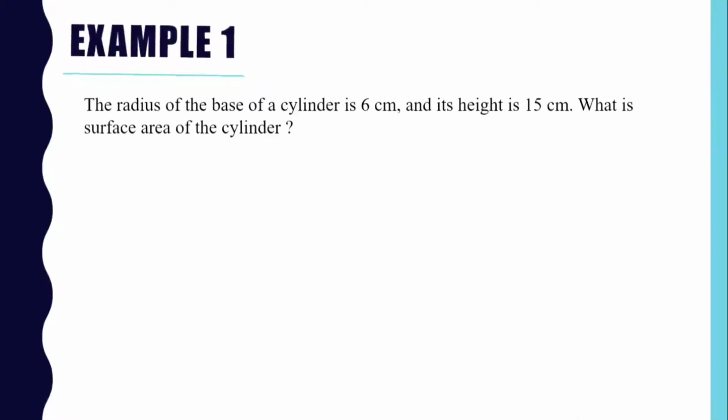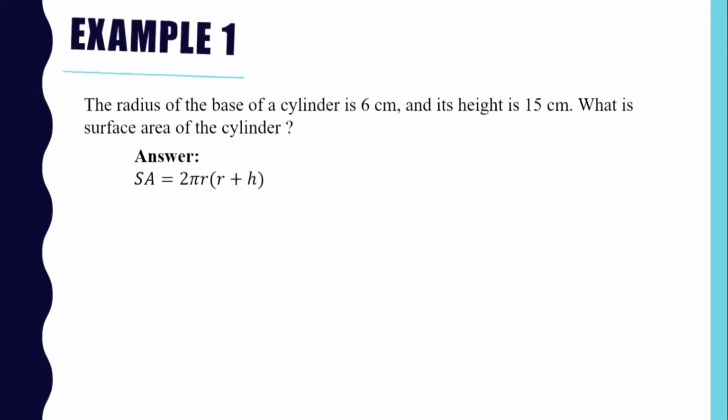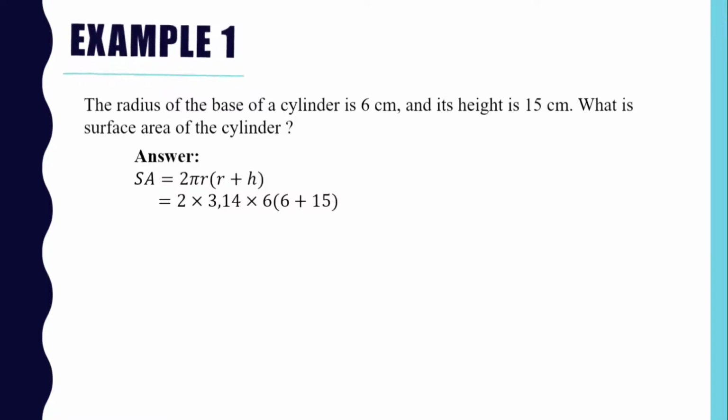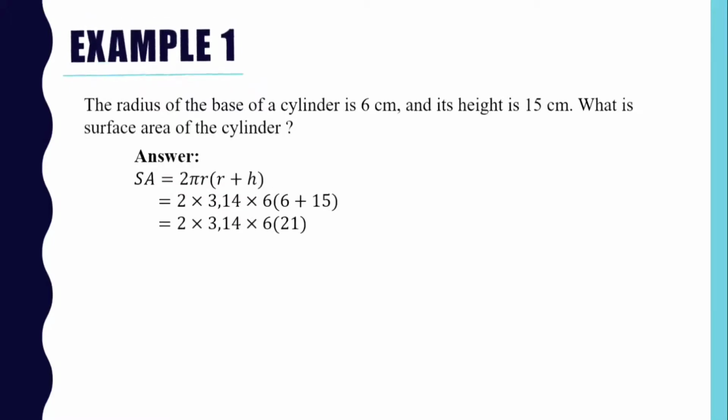Example 1. The radius of the base of a cylinder is 6 centimeters, and its height is 15 centimeters. What is surface area of the cylinder? The answer, SA equals 2 times pi times R times in brackets R plus H equals 2 times 3.14 times 6 times in brackets 6 plus 15 equals 2 times 3.14 times 6 times 21 equals